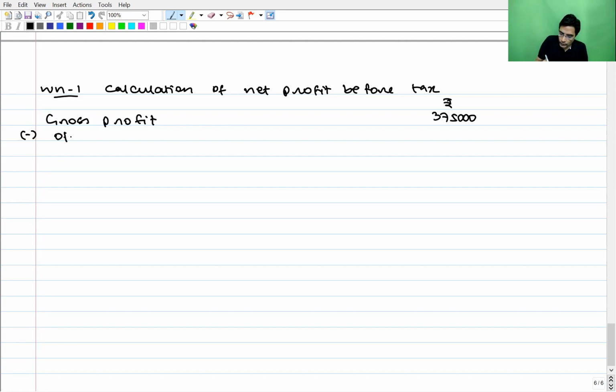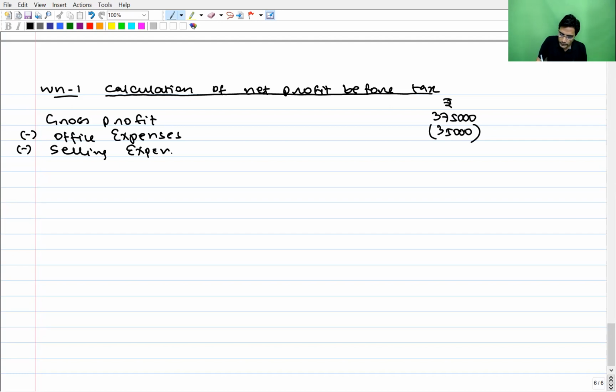Minus office expenses. In one of the adjustments in the question, they have given office expenses 35,000. I'm not moving again to the question slide and the answer slide; the question is there in front of you in your book. Minus selling expenses 15,000. Then minus